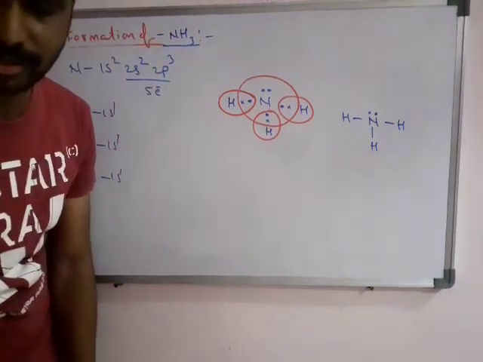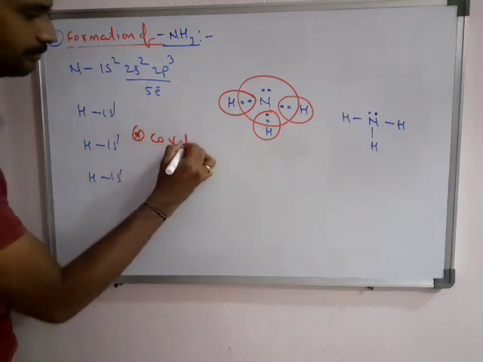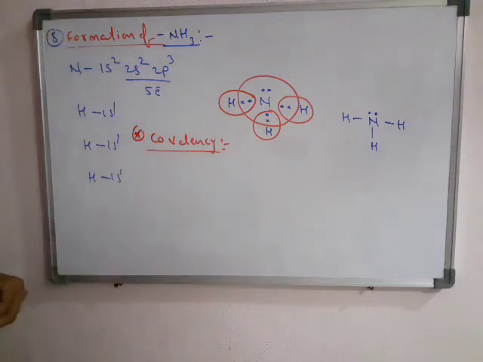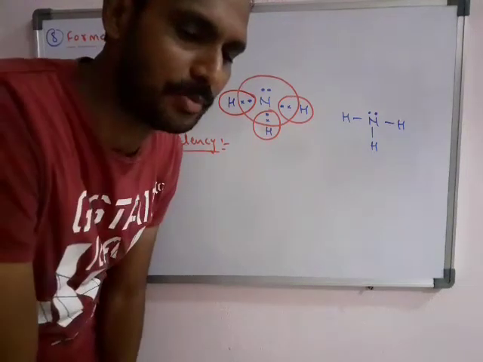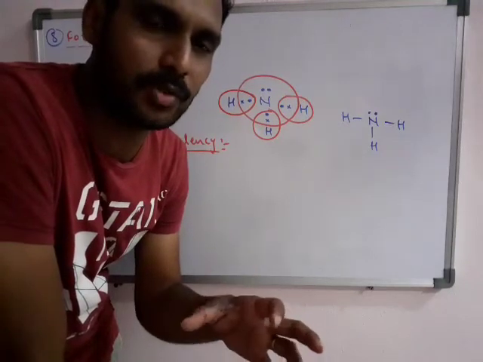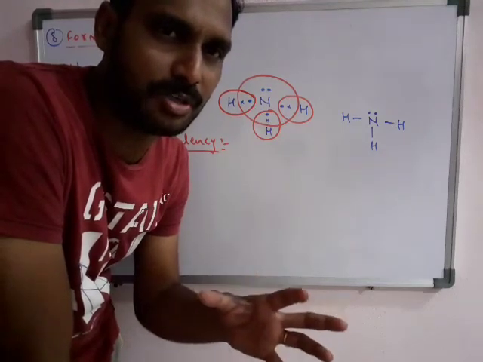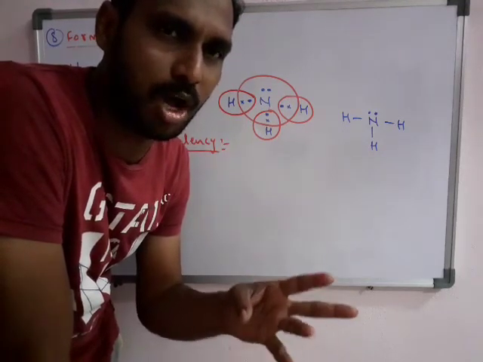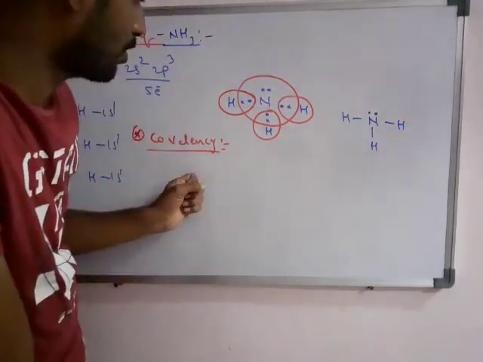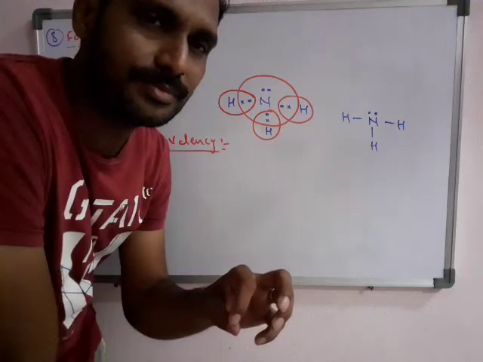Here at last I want to give a definition known as covalency. Important one, covalency. So what do you mean by covalency? Already we discussed in the ionic bond, that is electrovalency. Electrovalency is the number of electrons gained or lost by an atom in the formation of an ionic bond. Same here, the number of electrons shared by an atom